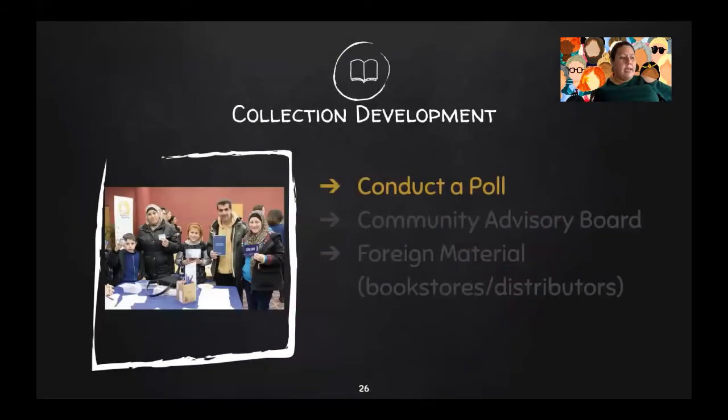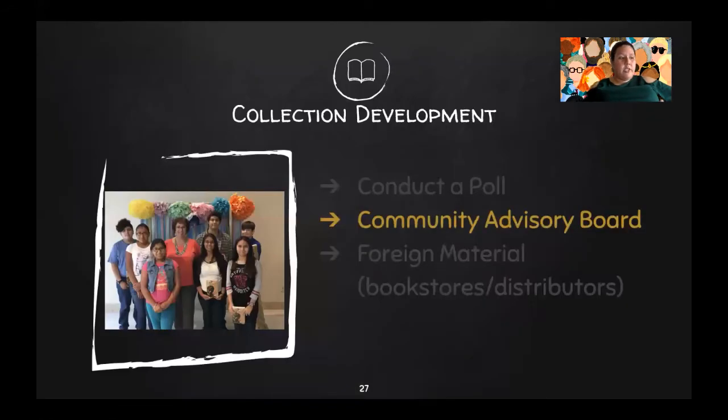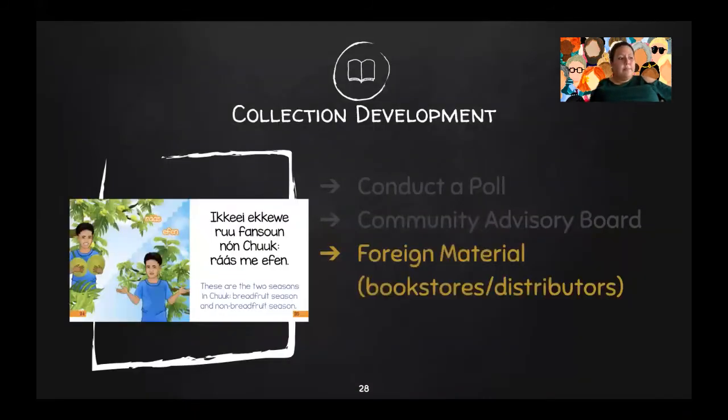Now, when you're looking into collection development, the first step is conducting a poll of new immigrant users and their reading interests. Two is to create an advisory board or committee that includes members of the immigrant communities. When you do this, they can advise on subjects and genres in selection discussions. You also want to make sure you collaborate with foreign material bookstores, publishers, and distributors, and choose diverse ones rather